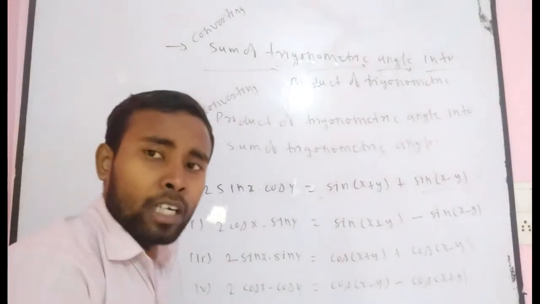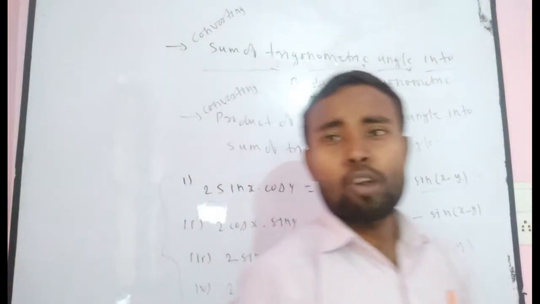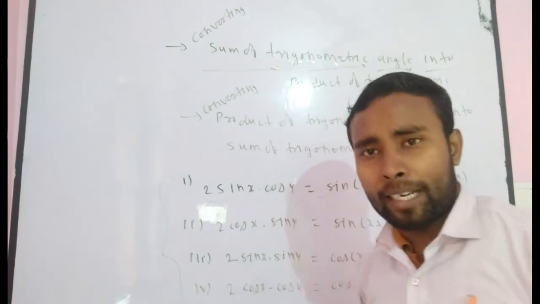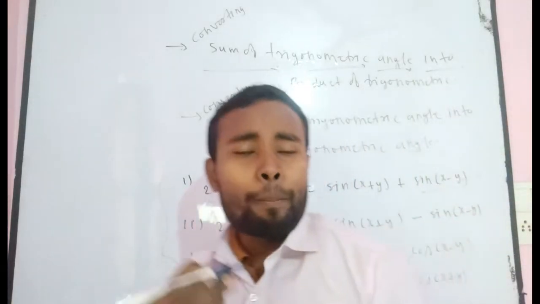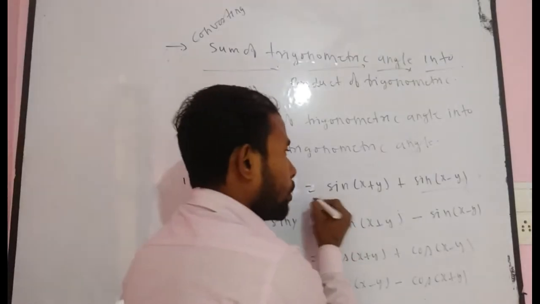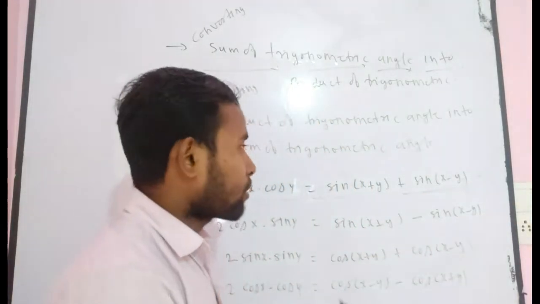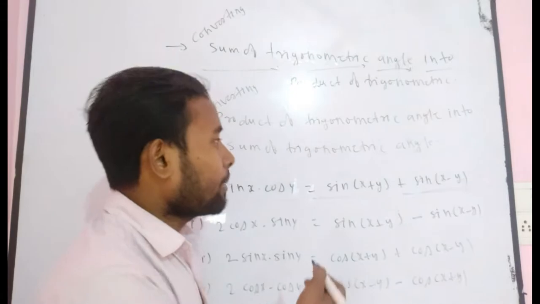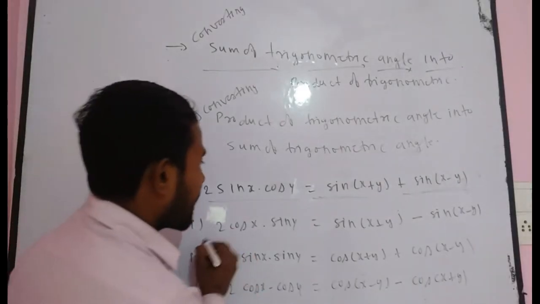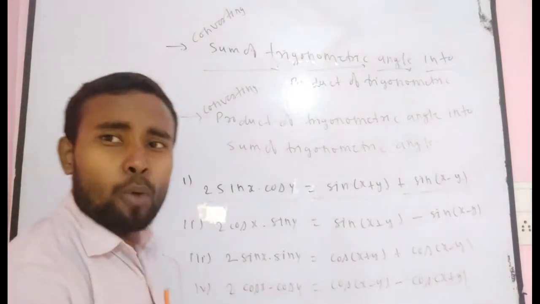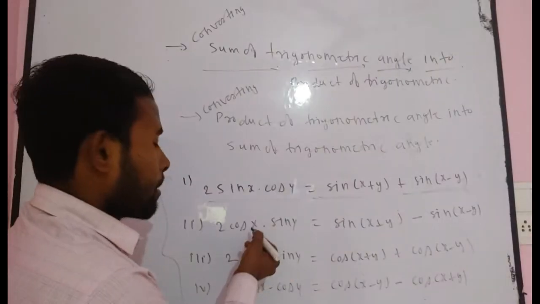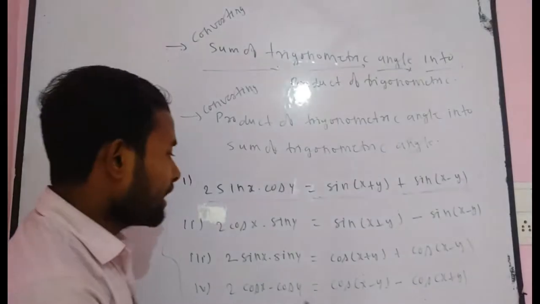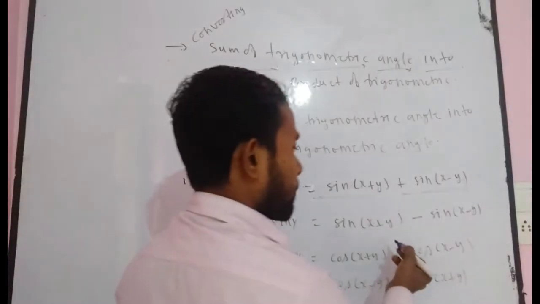Sometimes it is important for you while you are studying integration of trigonometric functions. In that case, if the given function is a product of two trigonometric functions, then to find its integral you have to separate it as a sum or difference of two trigonometric functions. After that, it becomes very easy to determine its integral. Similarly, 2 cos x into sin y, where x and y may be any variable, in the general case linear, will be sin(x+y) minus sin(x-y).